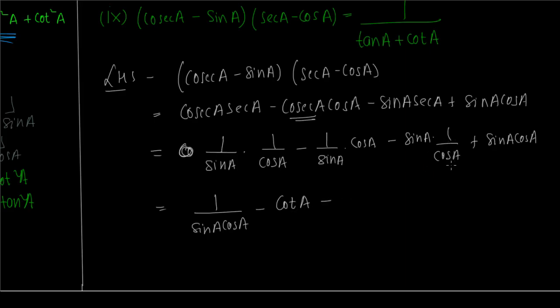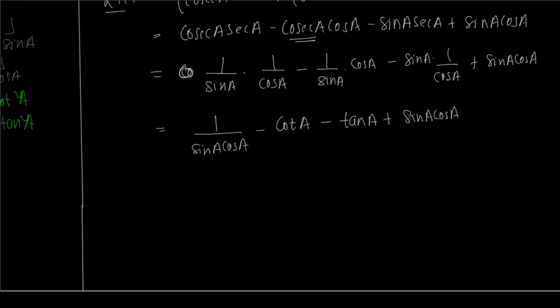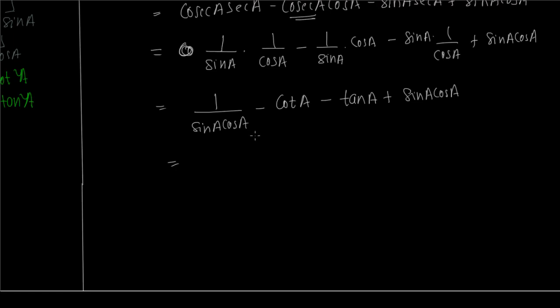Minus sin A into 1 by cos A. That is sin A by cos A. And that is tan A. Plus sin A cos A. Clear? Now write these two terms together. So you get 1 by sin A cos A plus sin A cos A